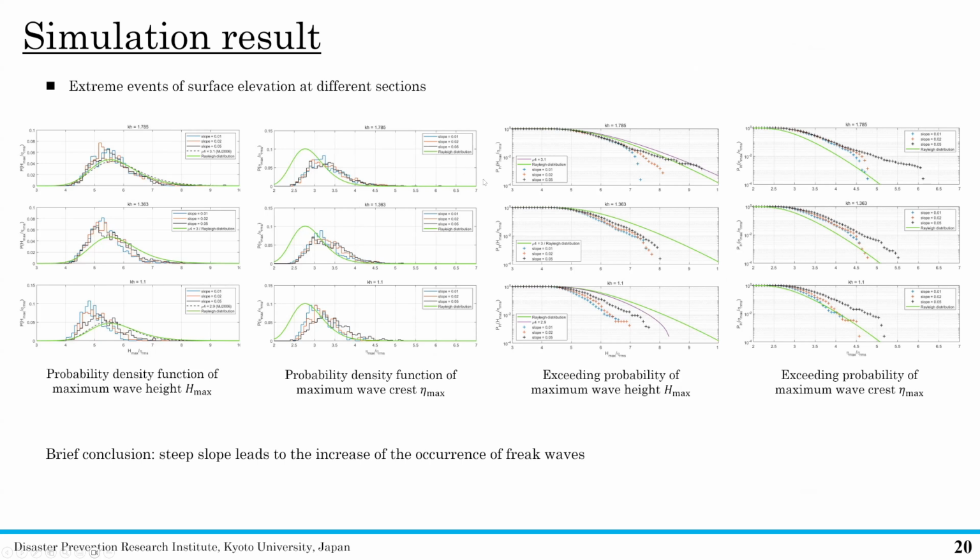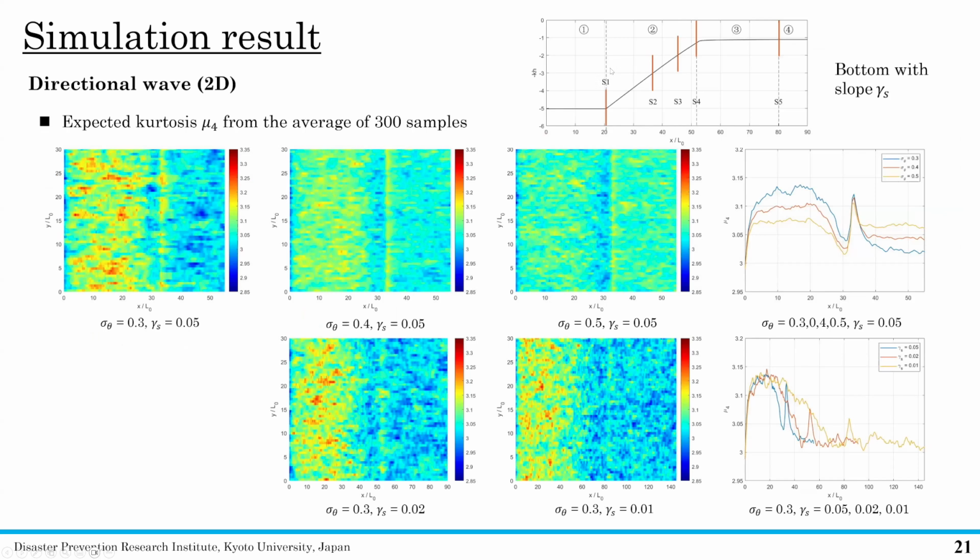And then it is 2D. In the 2D, I set different sections from deep water to shallow water, and that is the kurtosis in a 2D form, and we can see the kurtosis from here. Actually, in deep water there are so many high values, and in this area from deep water to the shallow water, this value becomes smaller and smaller, and in this area it becomes a rebound process. It becomes larger again, and after this process, in the flat bottom case, it generally becomes smaller again.